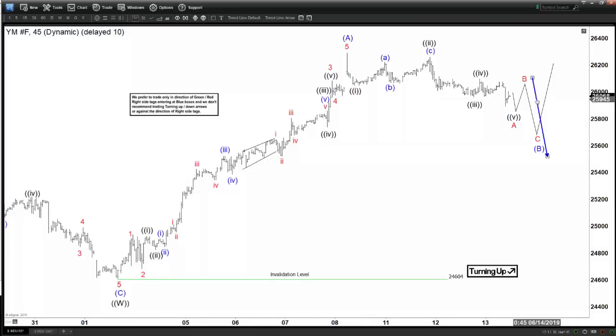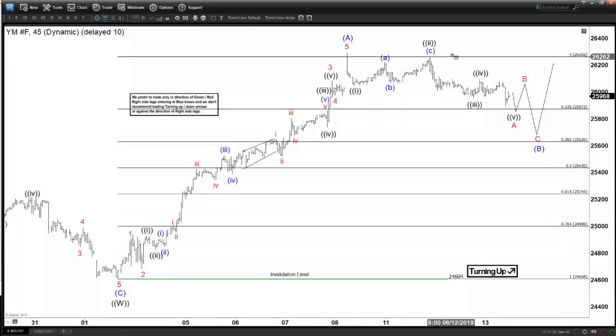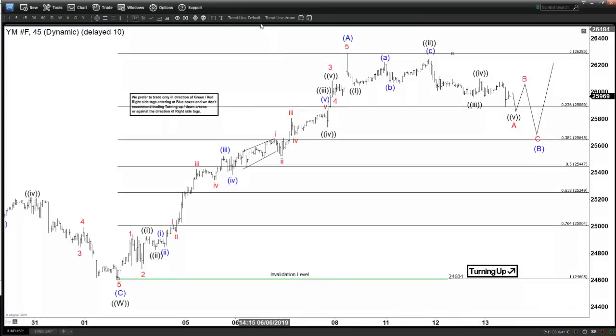waves. Alright, now of course this structure here is still unfolding, so it can change in many different ways and form. So it's important for us not to be trying to sell it since we got a 5 ways up. And as far as it stays above 24,604, again we could see another leg higher after this correction is finished in 3-7-11 swing. Now if you use retracement, for example, you can look at around 50% to 61.8% extension here